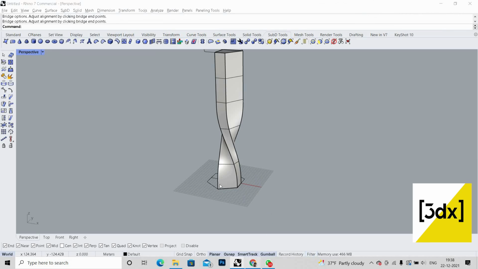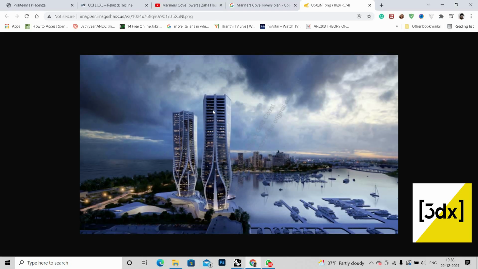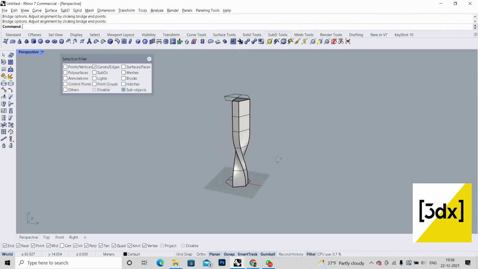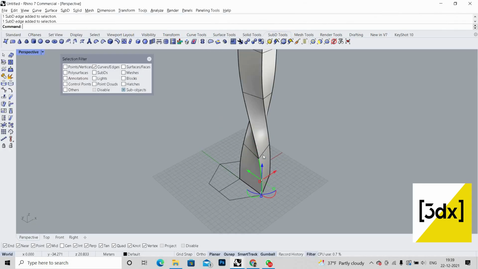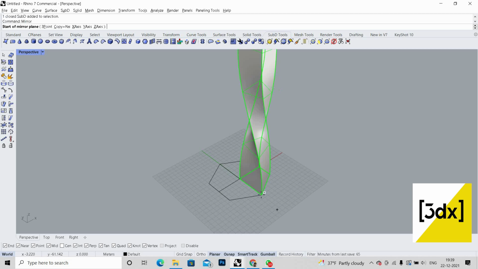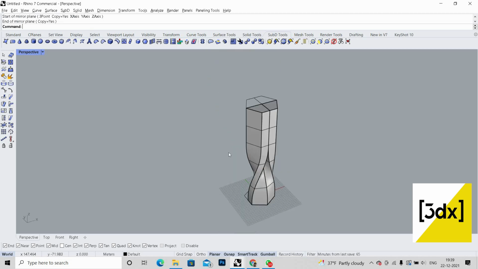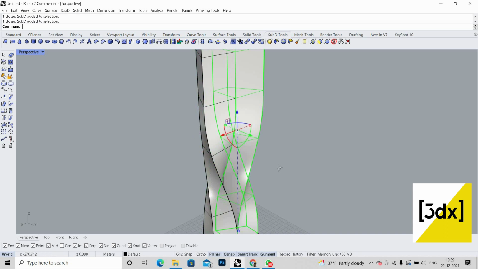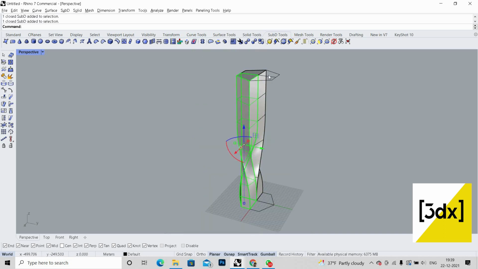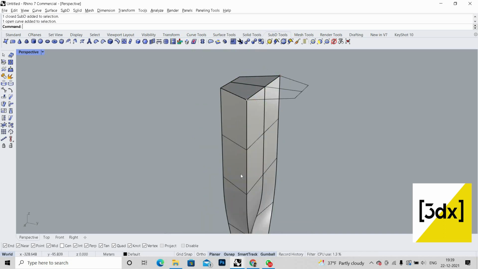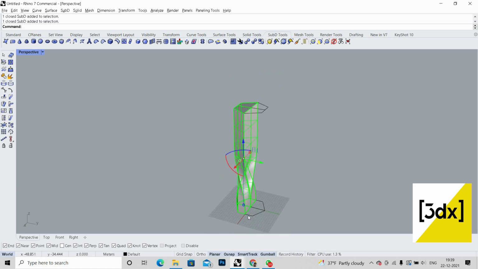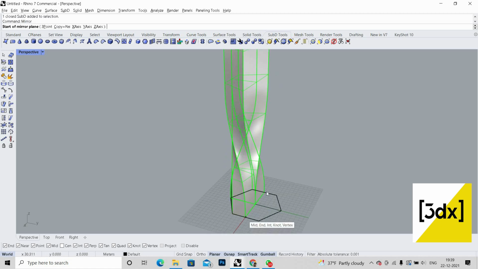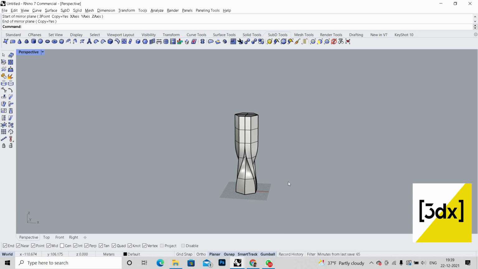So you can see the bulge, the part that goes inside. So let's mirror it and see whether it's correct or wrong. Let's see. Mirror it, mirror. So yeah,